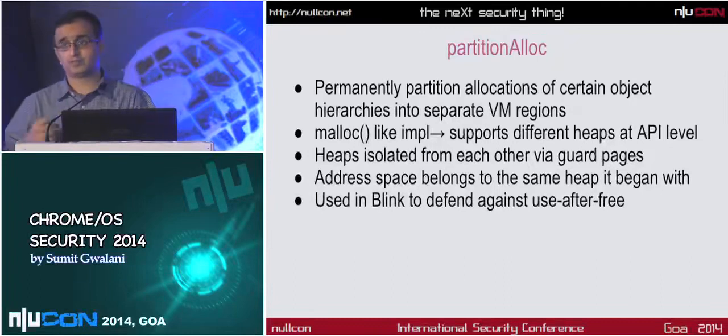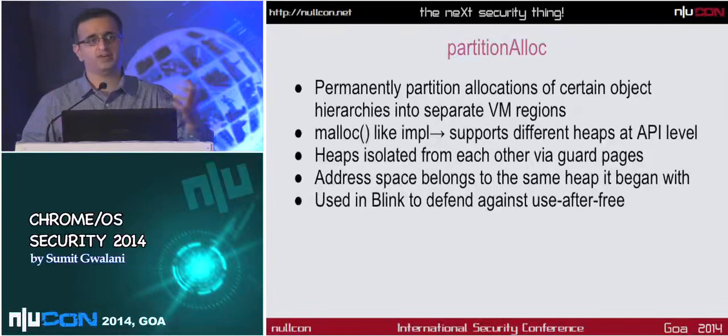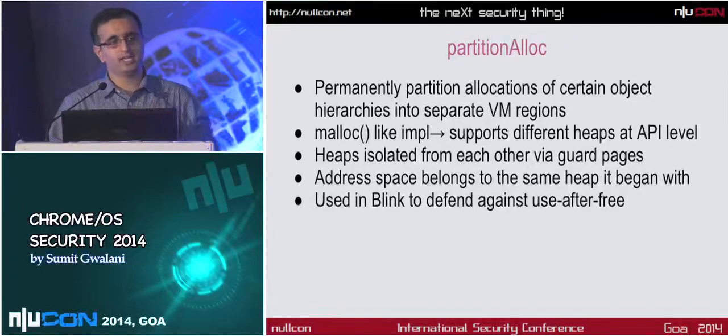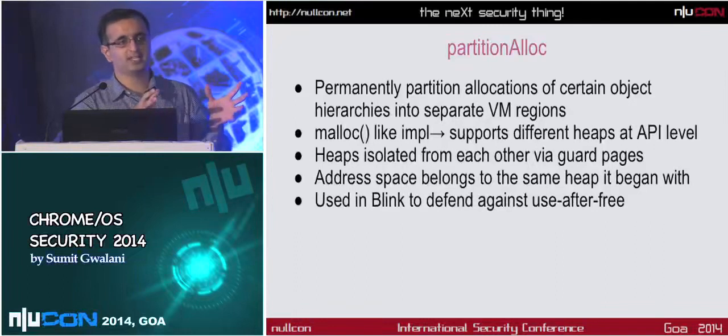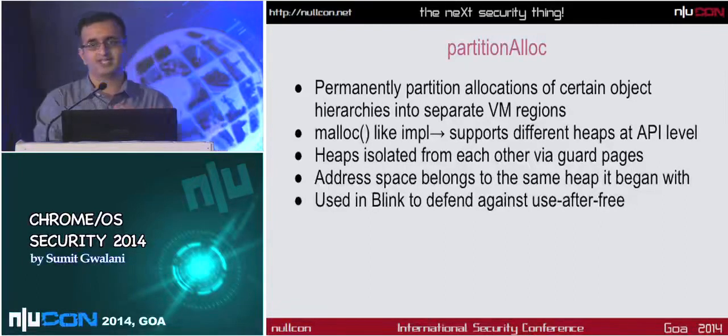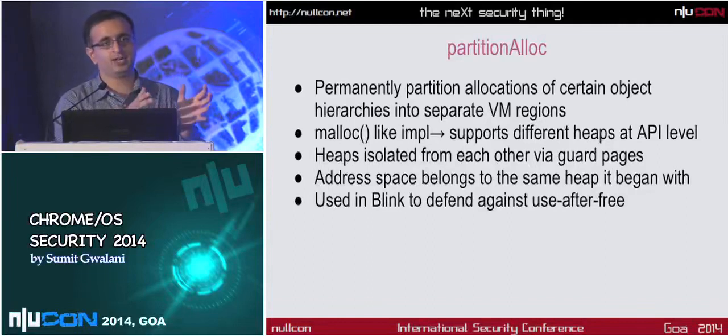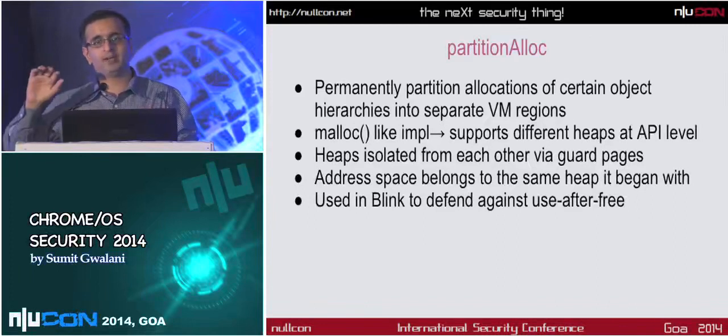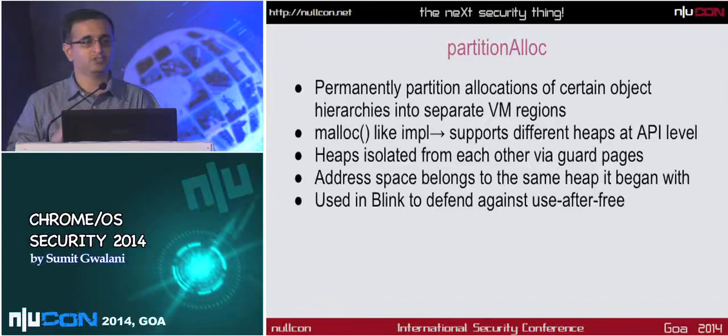Now, what will happen? Once, say, an array buffer or something uses that heap for the first time, we can ensure that that space is allocated for it permanently throughout the system. So now if you're using, or actually let me take a different example. Say I have a DOM node, a renderer node in Blink or WebKit, and I allocate some space and there is a use after free issue. Now, if I am trying to use a string buffer to overwrite or spray something around it, it will point to a different heap and therefore guarantee that you can't use a different object